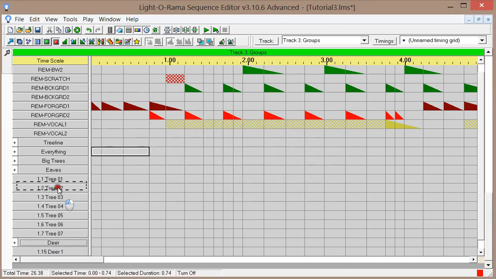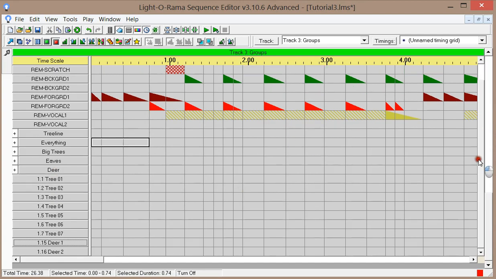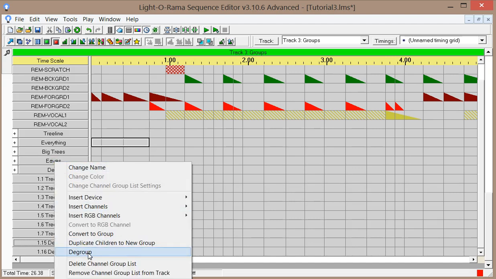See that? So now I have a very handy way of being able to turn on everything, the trees, and so on. So this starts making the sequencing job a little bit easier. Oh, you know what I did? I accidentally sucked up all my eaves, and I didn't want to do that. So what I do is I say